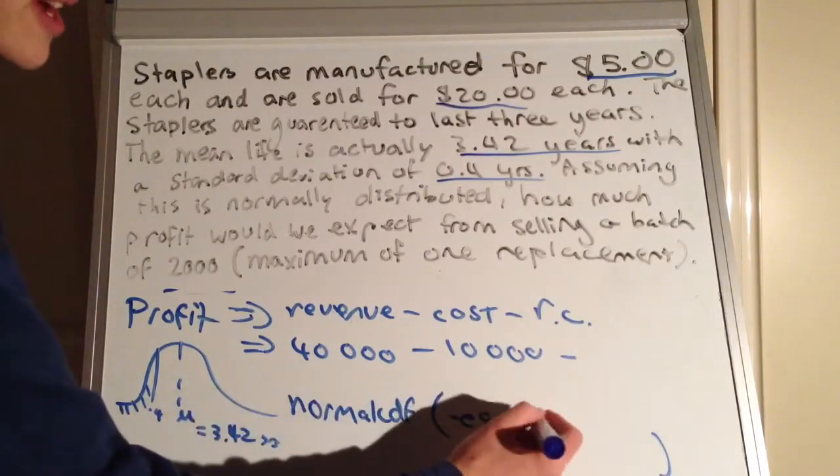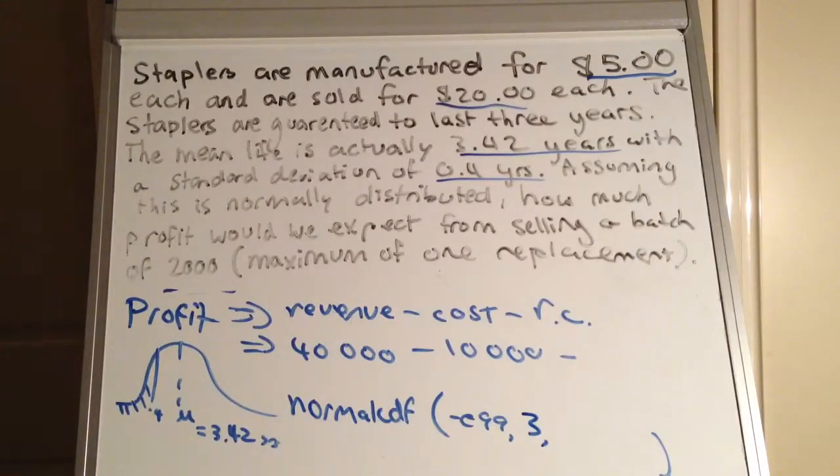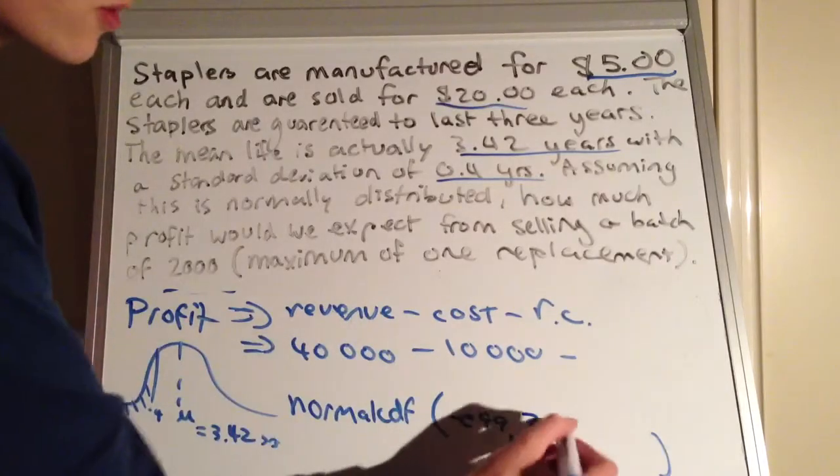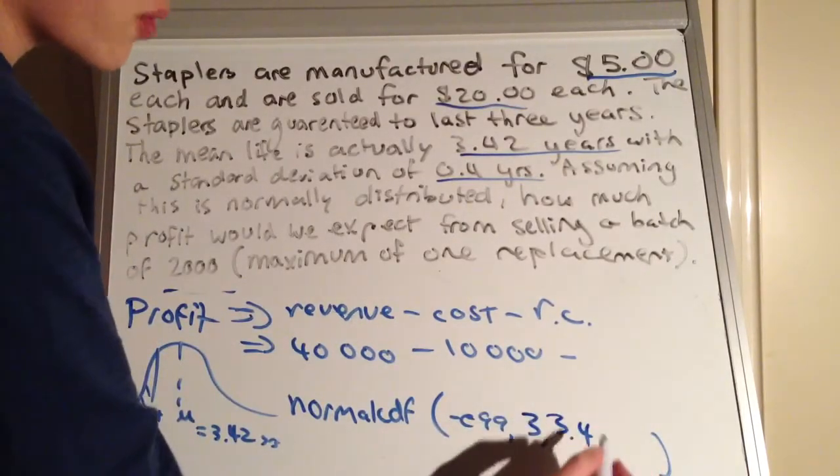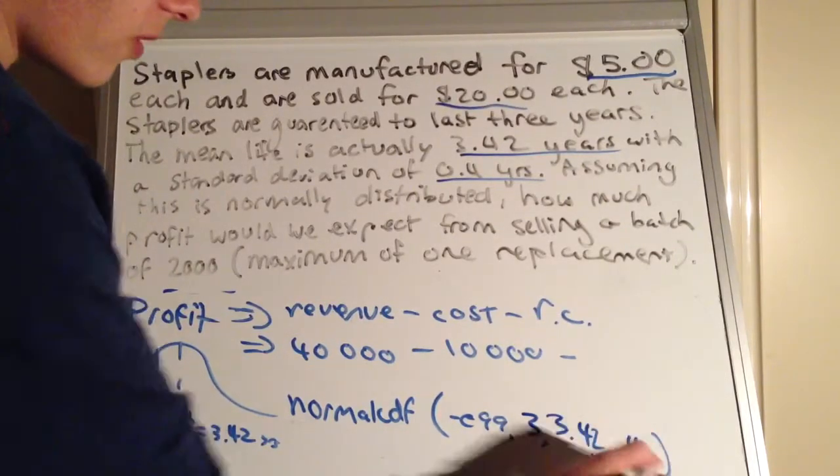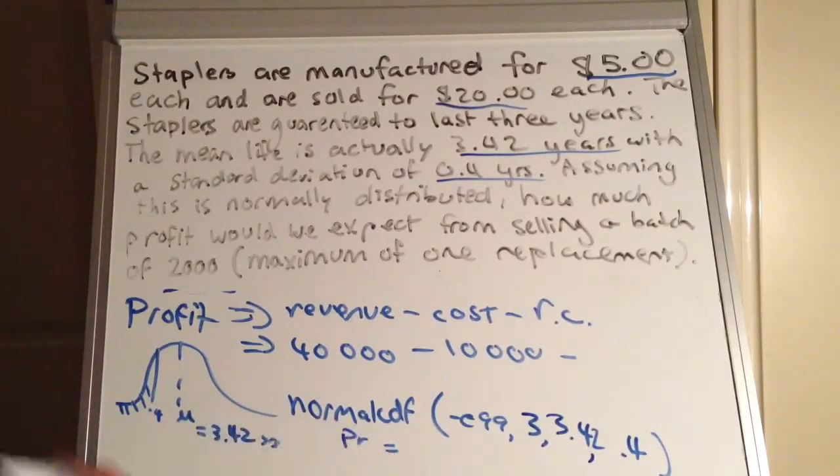And the upper bound will be 3 years, because anything over 3 years, the manufacturer doesn't care. If it lasts 3 years and 1 day, sorry, warranty isn't available. And of course, we know our mean and standard deviation, 3.42, and 0.4, so we can calculate the probability of a stapler actually being faulty and us having to replace it. So we go second function, distribute, then we go down to normal CDF, and then we enter: our lower is negative E99, our upper is 3, mu is 3.42, standard deviation is 0.4, so we paste that, and we get a probability of